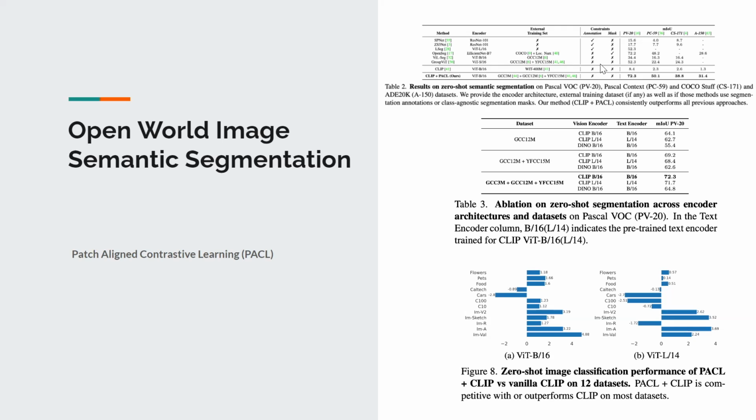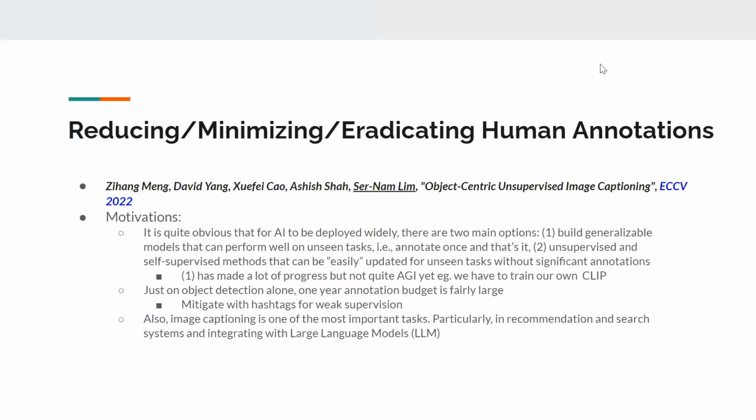But we are very excited about this one because it is not only very good for open world semantic segmentation, where we can localize what's happening in the image, it's also even beating CLIP at image level classification. And that's the beauty of this method, right? So I'm going to move on to the next topic, but any questions so far? Okay. Now, the second thing I want to talk about is an ECCV 2022 paper.